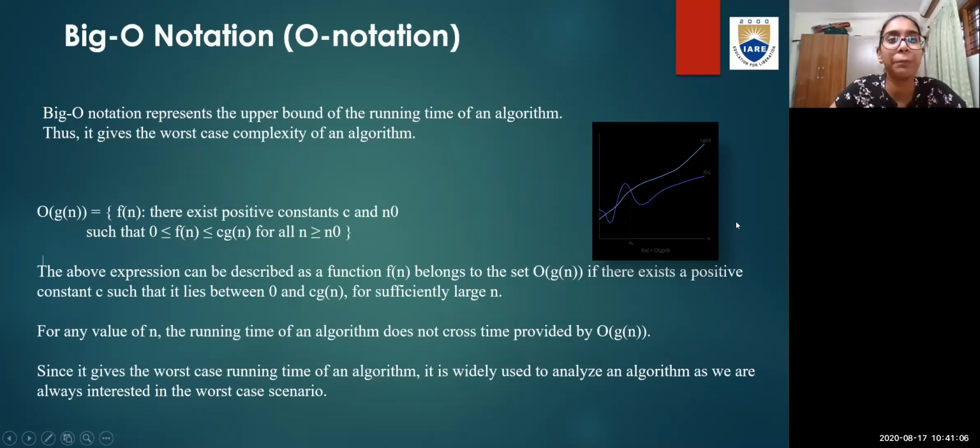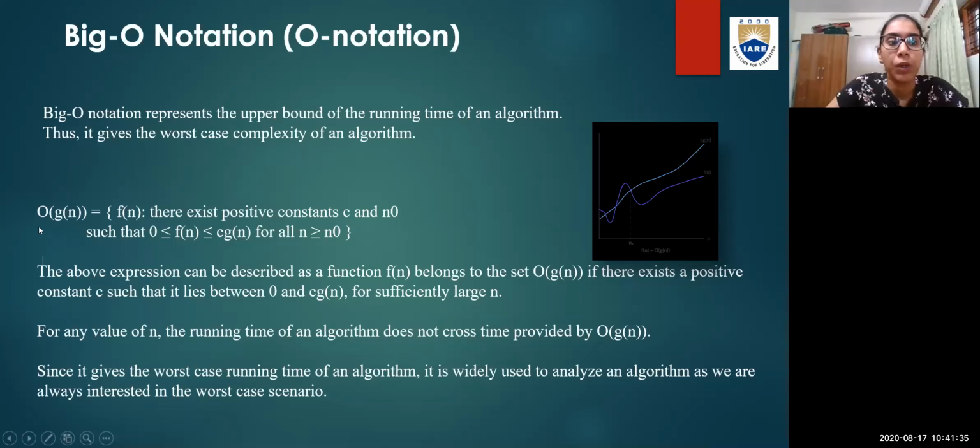Now, speaking about the big O notation, first of all, it gives you the worst case complexity of an algorithm. So we are very interested to always know the worst case complexity of an algorithm. That is why this big O notation comes into play a lot of times. It represents, like in case of theta notation, it represented the bound, that is both the upper bound and lower bound. But in case of big O notation, it will represent the upper bound of the running time of an